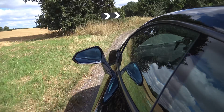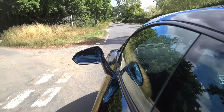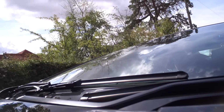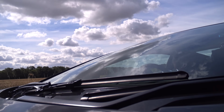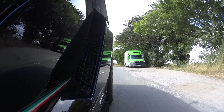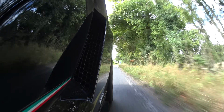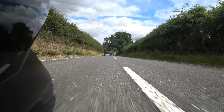Oh, I tell you what though, if you just want to go out and have a little blast, or a big one, this is a good way to do it, I tell you. Even in 2022, this is still an impressively fast car. It does the Lamborghini thing, it turns heads, it feels really properly special in here,